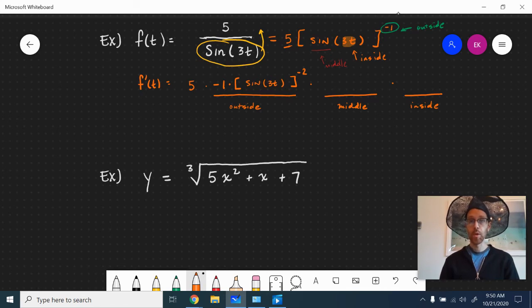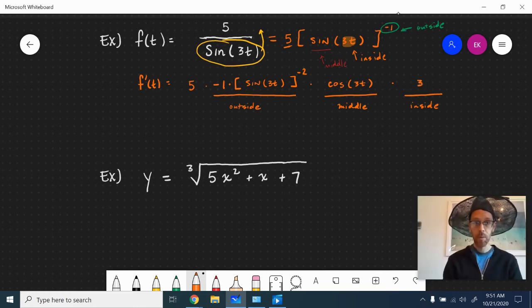Step 2, look at the middle. The middle is sine of something. What would be the derivative of sine of something? Cosine of something, where that something is 3t. Now we're almost done, but we're not done. The last step is to take the derivative of the inside. The inside is 3t. The derivative of 3t would be 3,